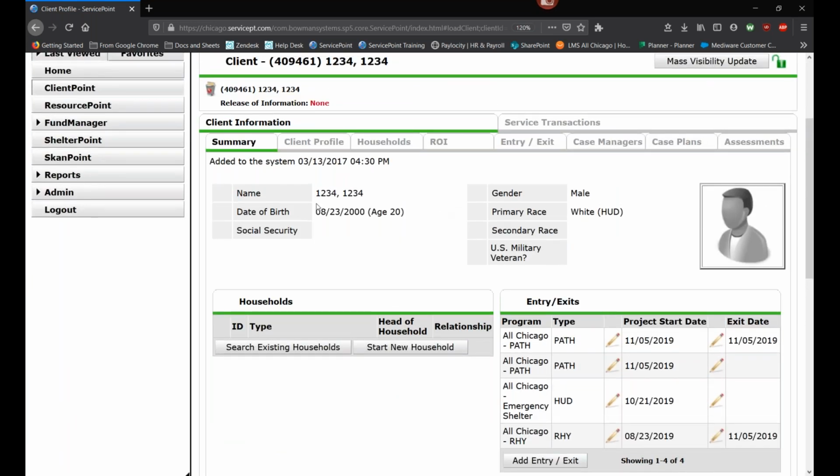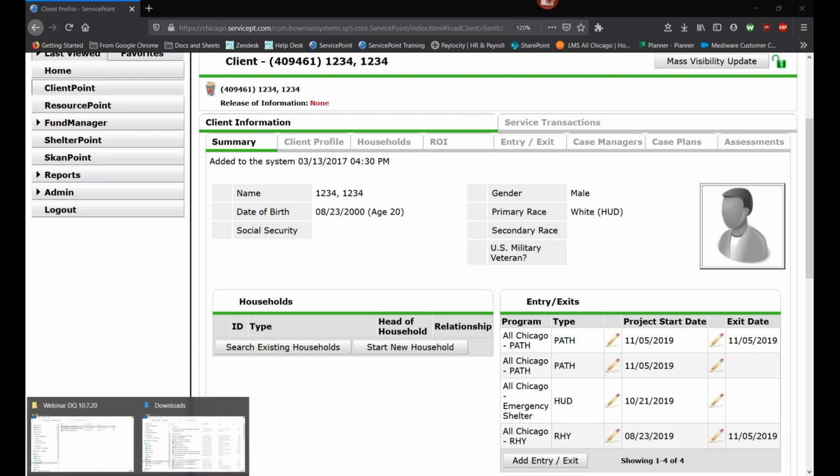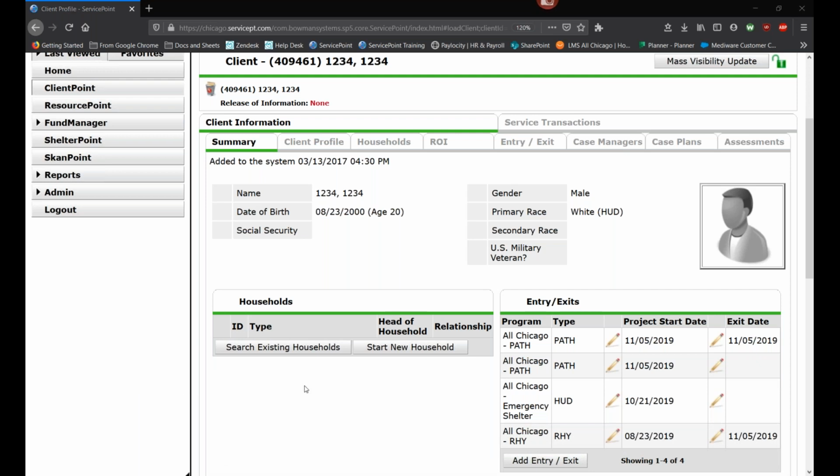So this client is missing information. This client's name is 12341234, right? They're also missing a household and social security number. There's so much going on with this client. We only have about a minute or so left, so I do want to quickly show the other report that we send out,